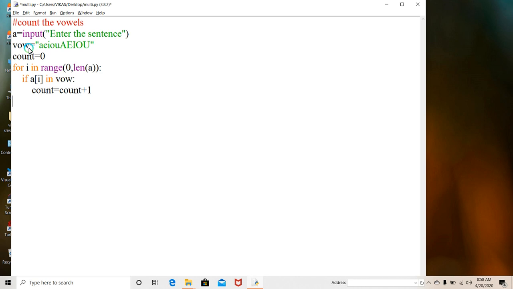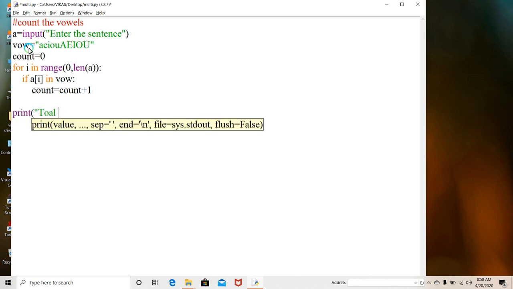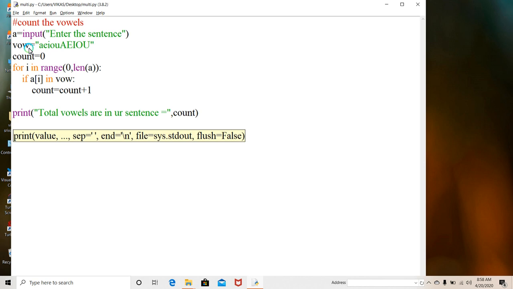Only by using this simple technique we can count how many vowels there are. Then I will print total vowels in your sentence is equal to count, and I will run it.